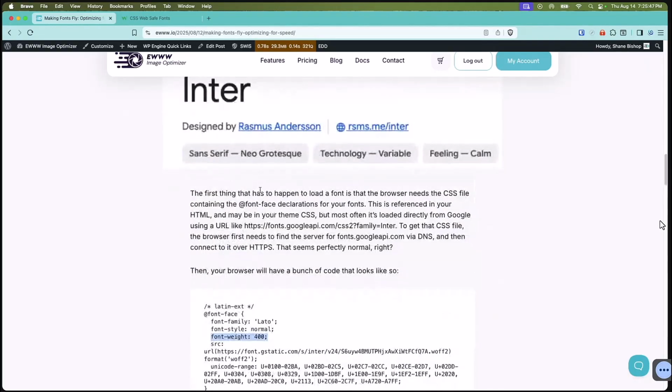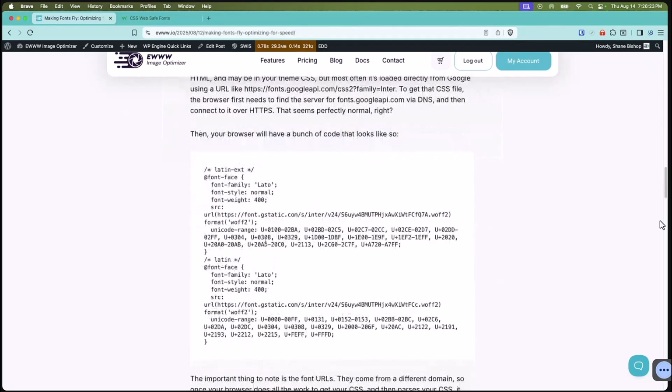But anyway, it's got to get the CSS first, right? That might be in your theme CSS. Ours is not. We get it, or used to get it, from the Google Font API server. And to get that CSS, the browser first has to find where that server lives on the internet via DNS and then connect to it over HTTPS. So two operations necessary to get the CSS. Not so bad. You get your CSS,